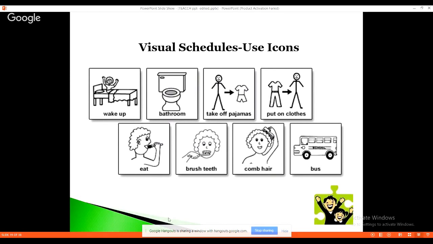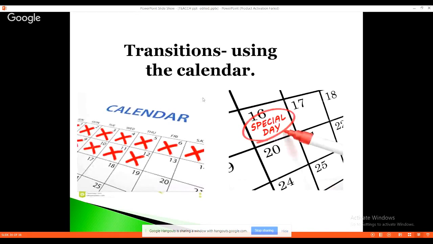Just take this as an example of icons, but I wouldn't recommend using so many while working with kids, unless and until your child is too high functioning. But even if it is high functioning, I wouldn't recommend so many. Transitions. Now, when I talk about transitions, now if I take this picture here, okay, and so for example, if